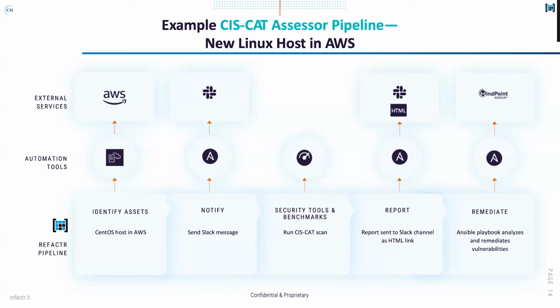So when you create something and it's working and you now have a repeatable pipeline, you can use it over and over and over again. And also when new stuff comes out, so there may be a new version of CISCAT, or an update to the Slack API, or a new version of an Ansible role that MindPoint Group comes out with, then you can update that inside of our platform in the versioning of that particular pipeline,